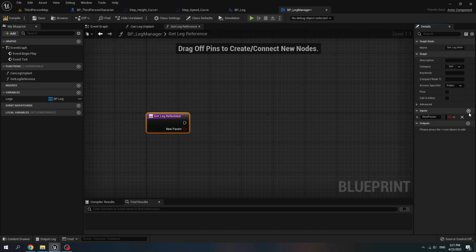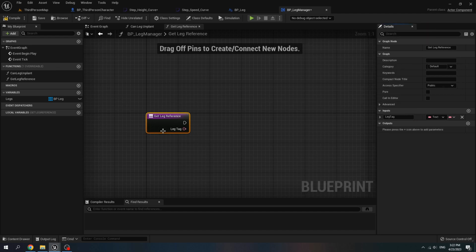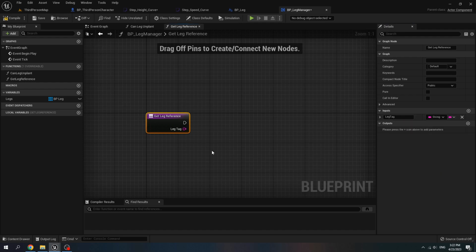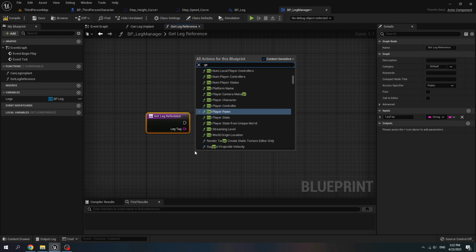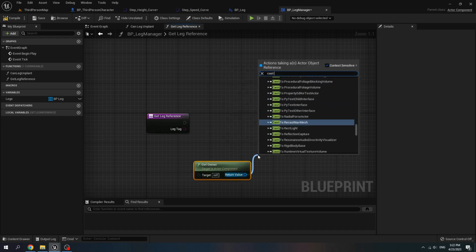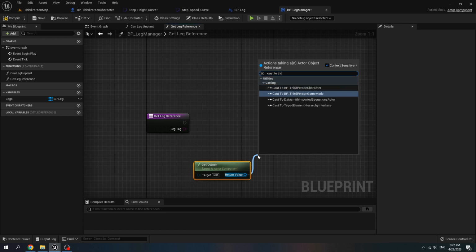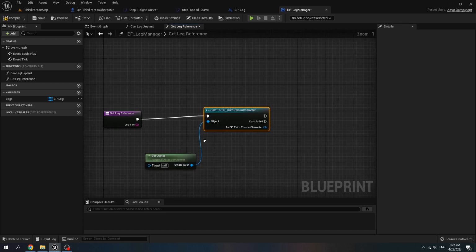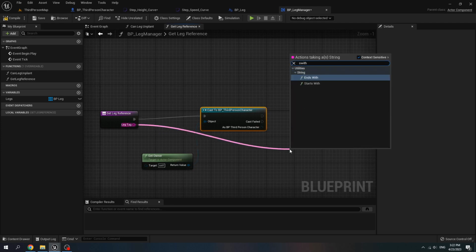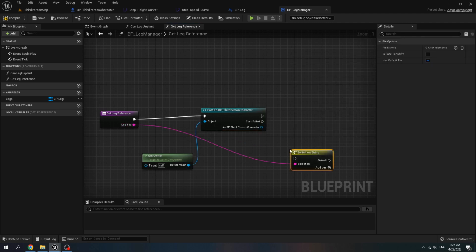Add new function, name it get leg reference. Add input, name it leg tag, and the variable type is string. Get owner, cast to third person character. For the leg tag, switch on string.